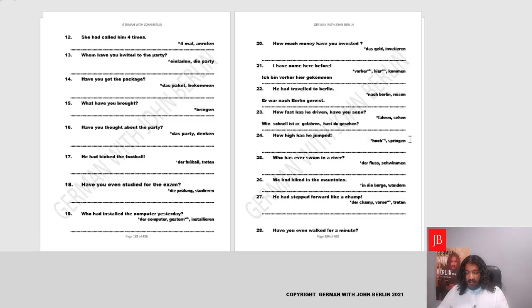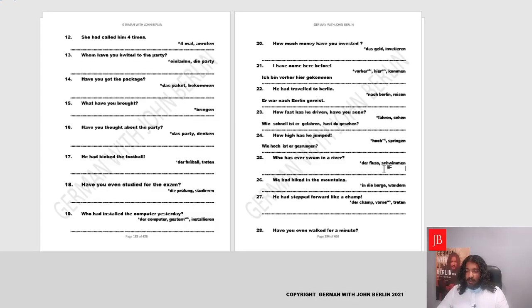W-Frage, beginning with how. Wie, then we'll introduce hoch. Yes, genau, wie hoch, how high. Then we'll say has he jumped, that's the helping verb. Depending upon the main verb, that's to jump. And to jump, it's got movement, we'll choose sein. Tense is present, so we'll stick to sein, conjugated for he. Ich bin, du bist, er sie es ist. Wie hoch ist er? The verb is springen, just like trinken, getrunken, springen. Gesprungen. Fantastic. Wie hoch ist er gesprungen?